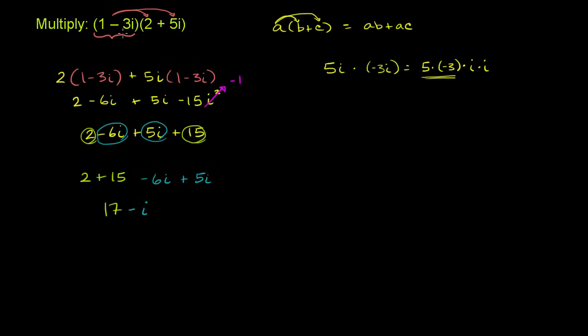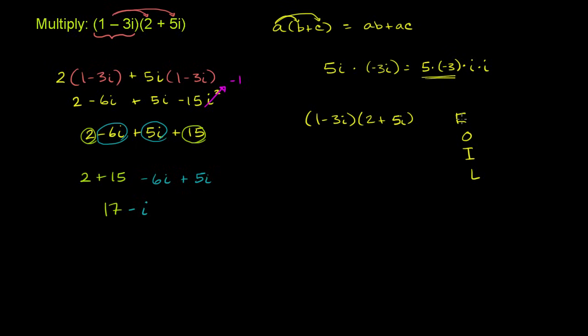I multiplied them just using the distributive property twice. You could also do it using FOIL, and I'll do that right now really fast. It is a little bit faster, but it's a little bit mechanical, so you might forget why you're doing it in the first place. But at the end of the day, you are doing the same thing here. You're essentially multiplying every part of this first number times every part of the second number. And FOIL just makes sure that we're doing it. Let me write FOIL out here, which I'm not a huge fan of, but I'll do it in case that's the way you're learning it.